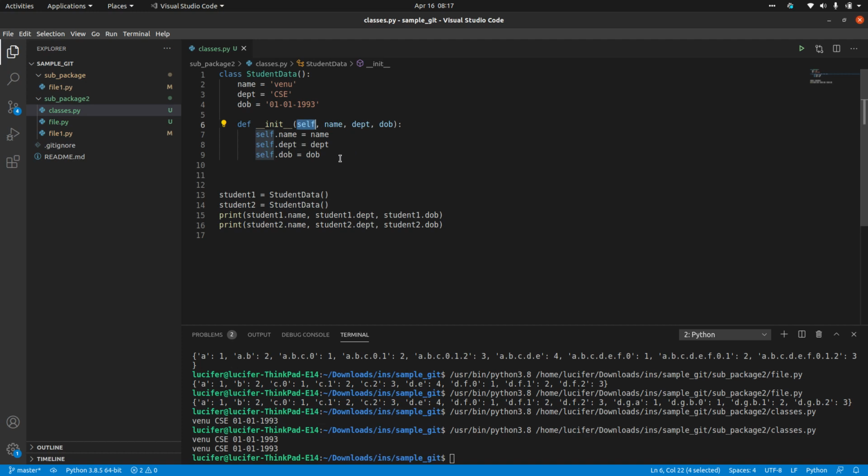So self represents an instance of that particular class. Let me show you that as well. Here I am taking student 1 and student 2. Rather than directly giving values here, I can give my own names here. The second one would be department, so let's say ECE, and a random date of birth, right? Now if I do this,